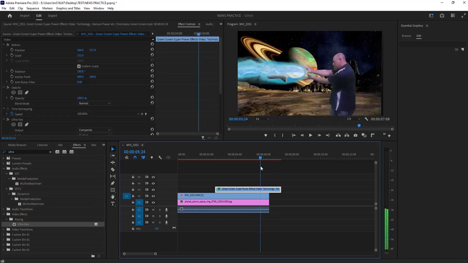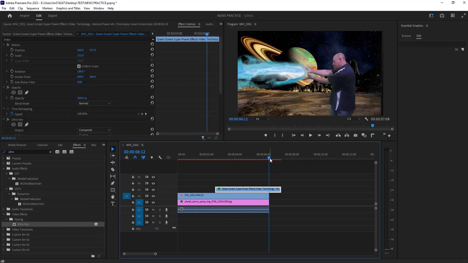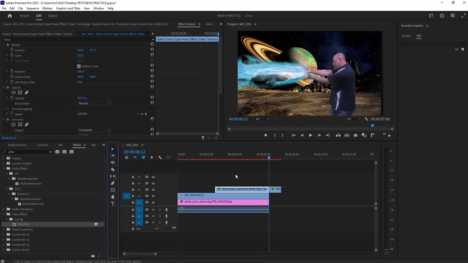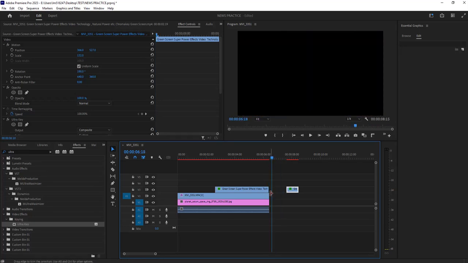There's 2 ways we can do it, and this is where the razor blade tool comes into play. So if I scroll over here with my viewer, the blue viewer, I can use the razor blade tool, come over here and click on that blue line, and that will separate that in half. And now we have 2 files. And it ends pretty much the same way. The best way to do it though is, I'm just going to delete that,